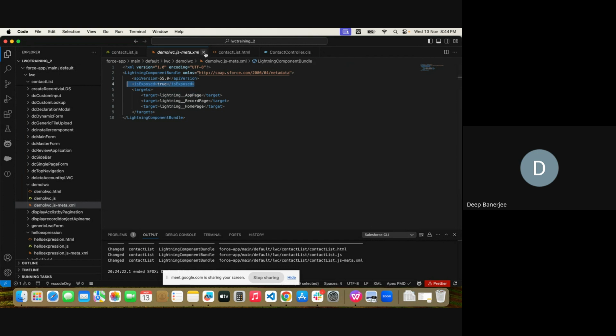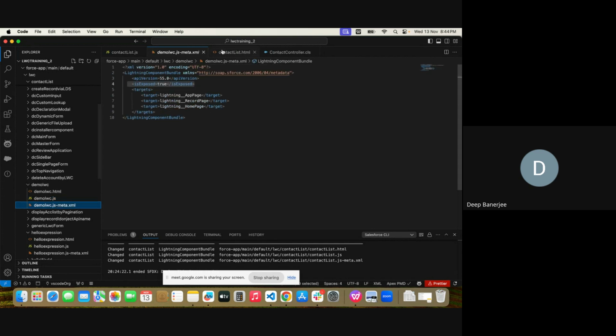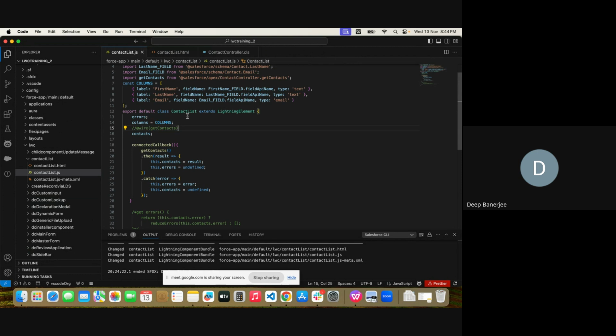Okay, sir. So HTML, JS, and XML are clear. HTML is nothing but the view. JS is nothing but the controller, that means how you do the actions, or write the actions. And XML is nothing but the permissions, meaning if you want to expose this particular component, or where you want to use this component, that control is written in the XML part. Now